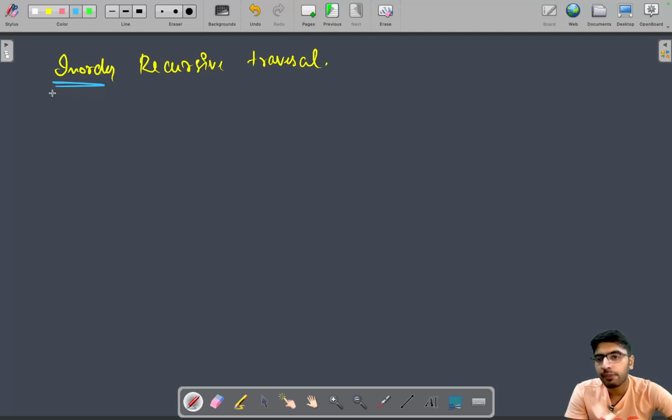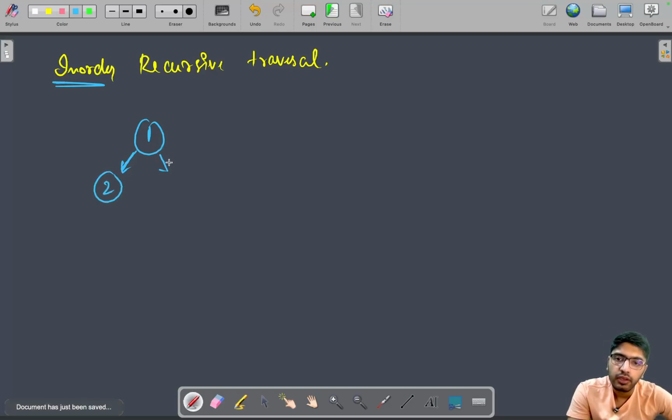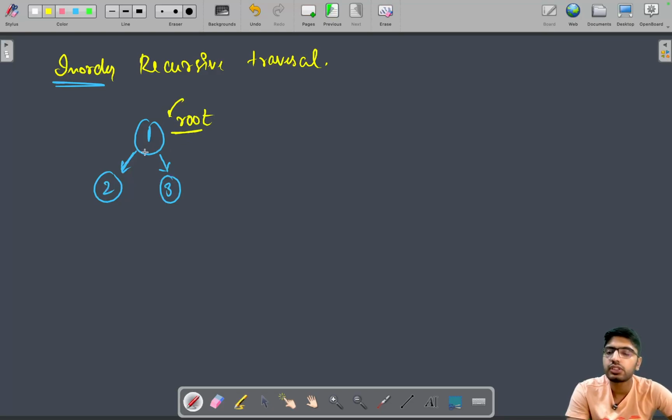So let's take an example of a tree and then understand what is in-order. Suppose this is your tree, and first of all we are going to take a very small tree. So this is your tree: 1, 2, and 3. And you will be given access to the root node only. So when we say that we want to traverse this tree in the fashion of in-order, then we say, okay, in-order means